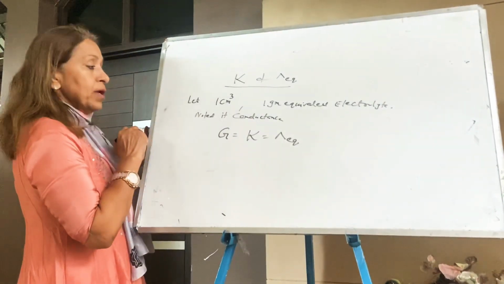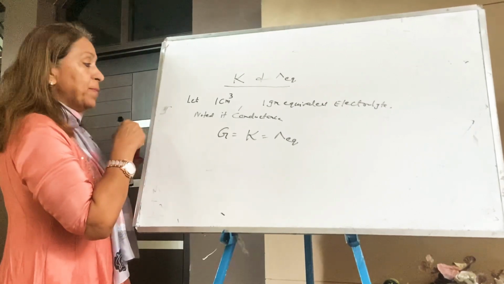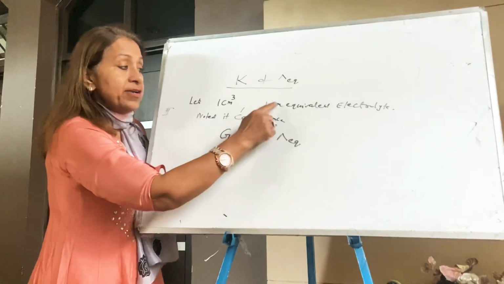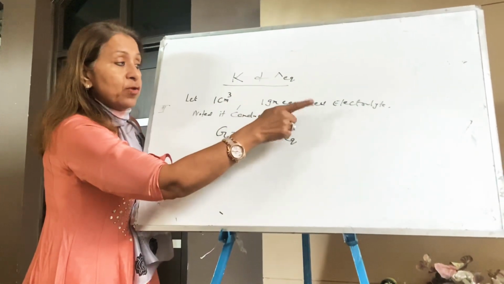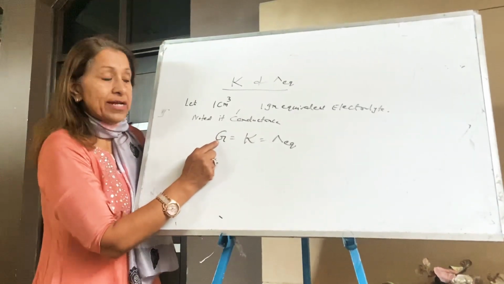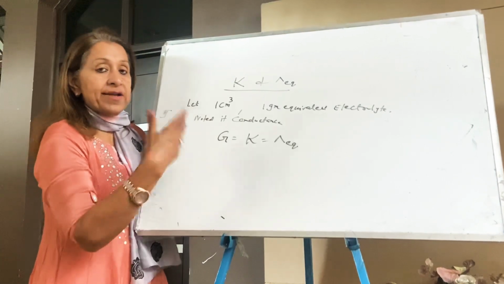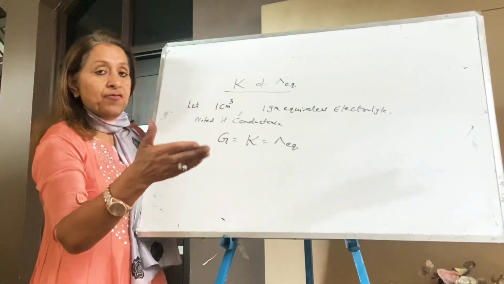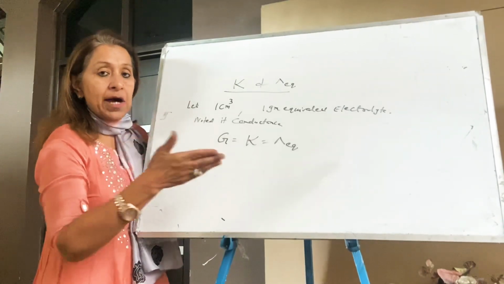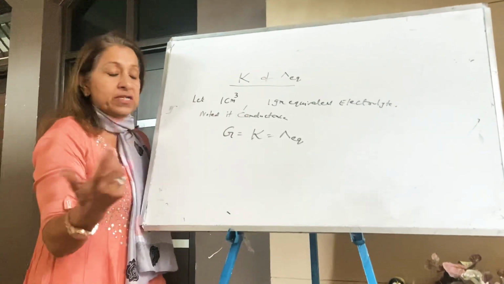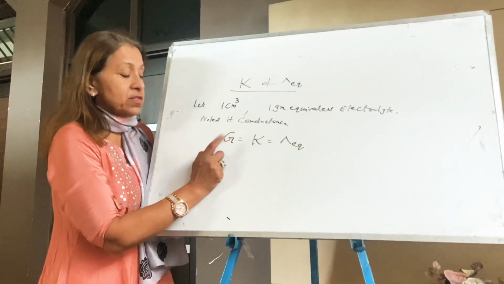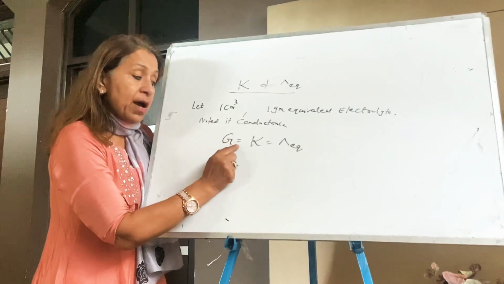Tell me why? This is my first point, understand deeply. I have taken a solution whose volume is 1 centimeter cube and it has 1 gram equivalent of electrolyte. I noted its conductance. Its conductance comes equal to G. Naturally, first I will note down the resistance, and the reciprocal of resistance is conductance. We can measure the resistance in an experiment with a Wheatstone bridge, R1 by R2 is equal to R3 by R4, in a physics lab. After taking the resistance of the unknown, you can calculate the reciprocal of resistance, the conductance. Here the conductance will come equal to K.